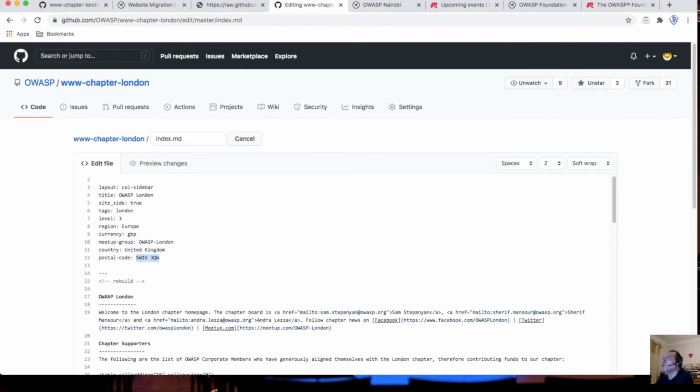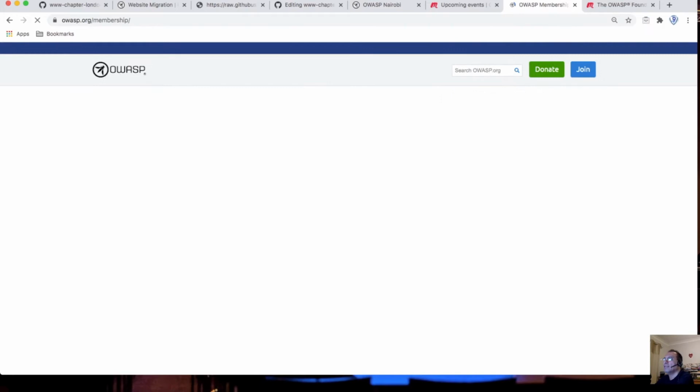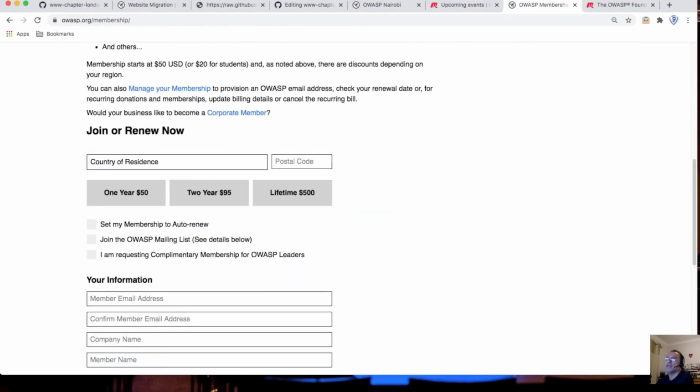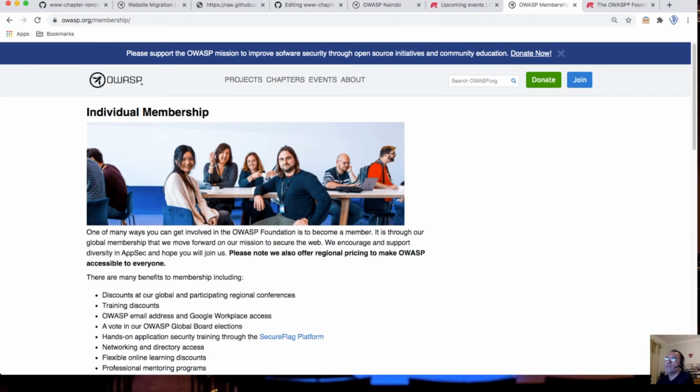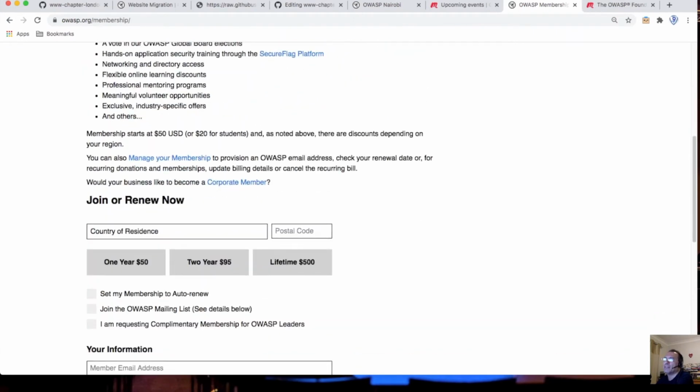If we go to the main OWASP website and click on the join button, if you look at OWASP's membership page, you will see that OWASP is asking for your country of residence and your postal code, which means that after you become a member, OWASP can automatically suggest the nearest chapter to you.